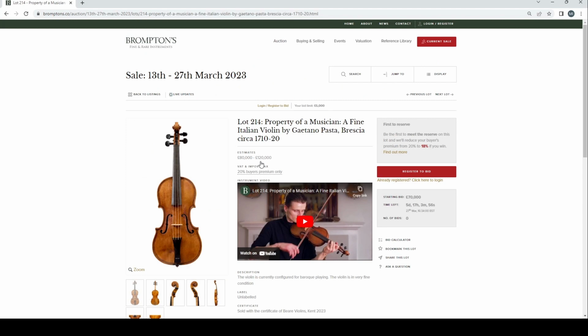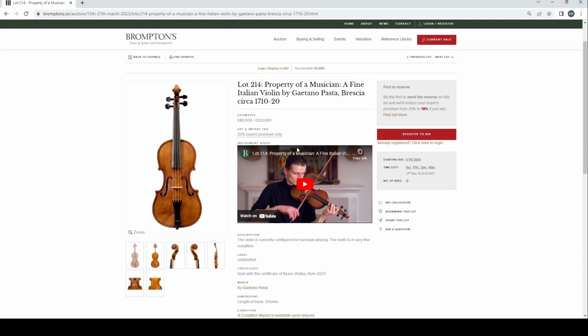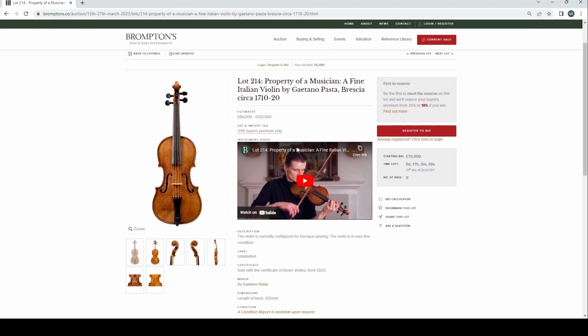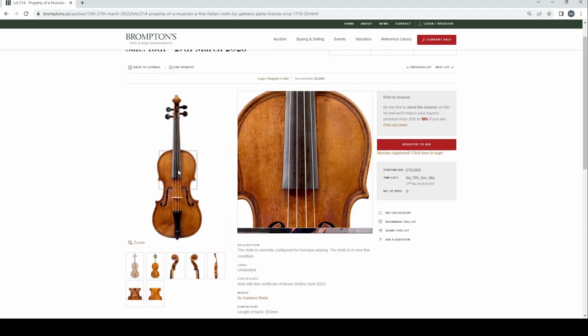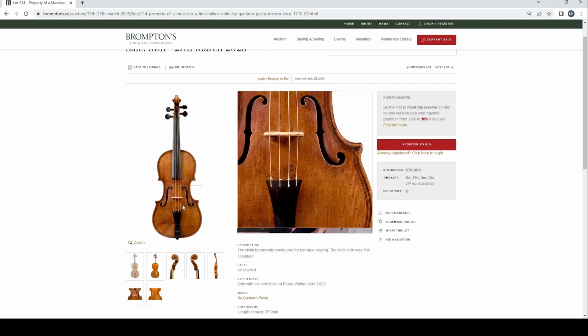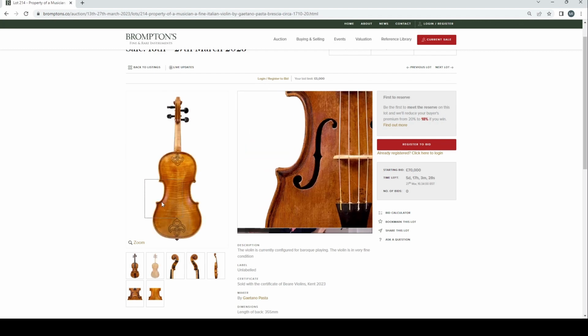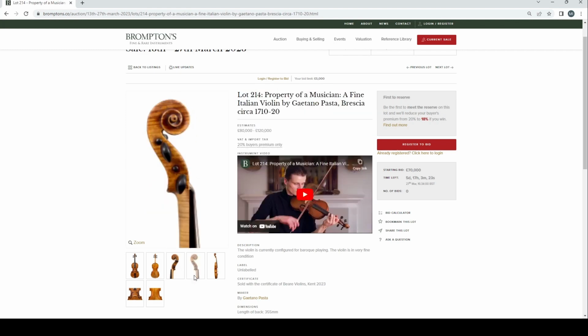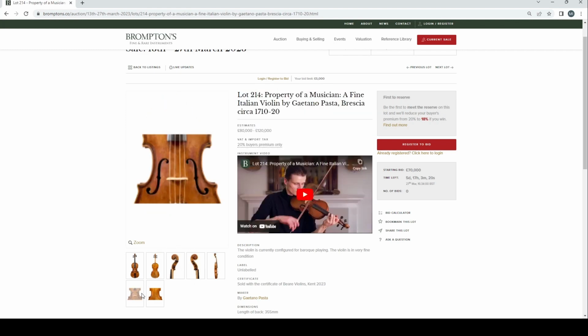Property of a musician, a fine Italian violin by Gaetano Pasta, Brescia, circa 1710 to 20. 80 to 120,000 the estimate, 70 starting bid. Violin is currently configured for Baroque playing. Okay, wow. Sold with a certificate of Beers, Kent, 2023. That's a real Charles Beer and Peter Beer family, not the Beers shop. That's a really curious looking instrument there, and really, it's good to see so many instruments in Baroque setup for sale. And I hope that a lot of them stay that way,